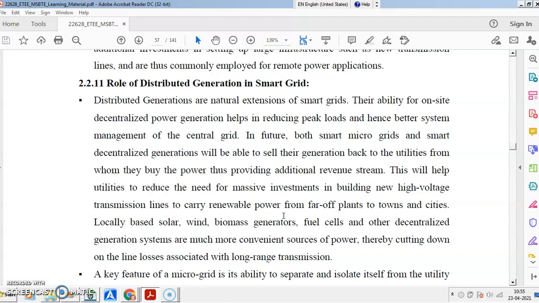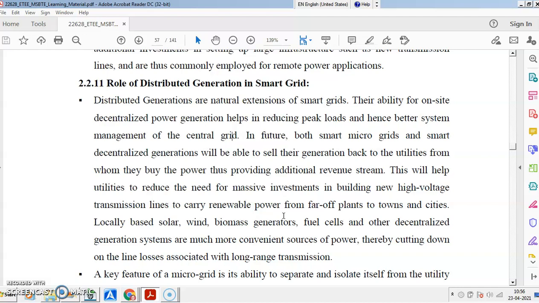In future, why is it done? Because the central grid may have some problems providing power in isolated areas, or the central grid may have some loading, especially during peak hours. So, if you have a microgrid installed at some locations, the load can be curtailed from the central grid and fed by the microgrid, so that automatically the burden on the central grid is reduced.